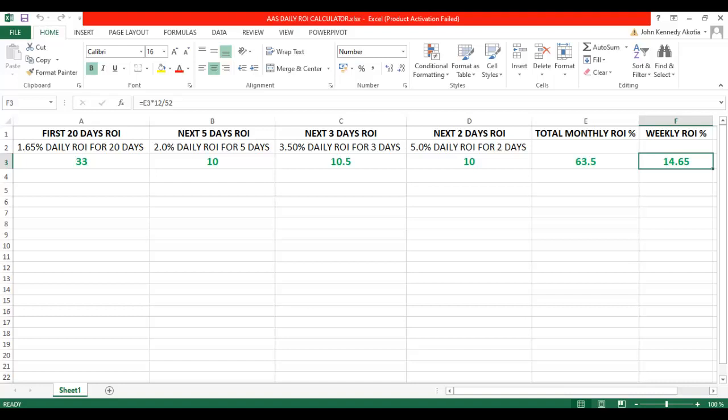So in AAS, you have a basic earning of 1.65% daily. That's the return on investment. And then we have 10 days of rotational return on investment, which has 5 days of 2%, 3 days of 3.5%, and then 2 days of 5%. So that's what we want to look at, and then we look at what is the total percentage you are